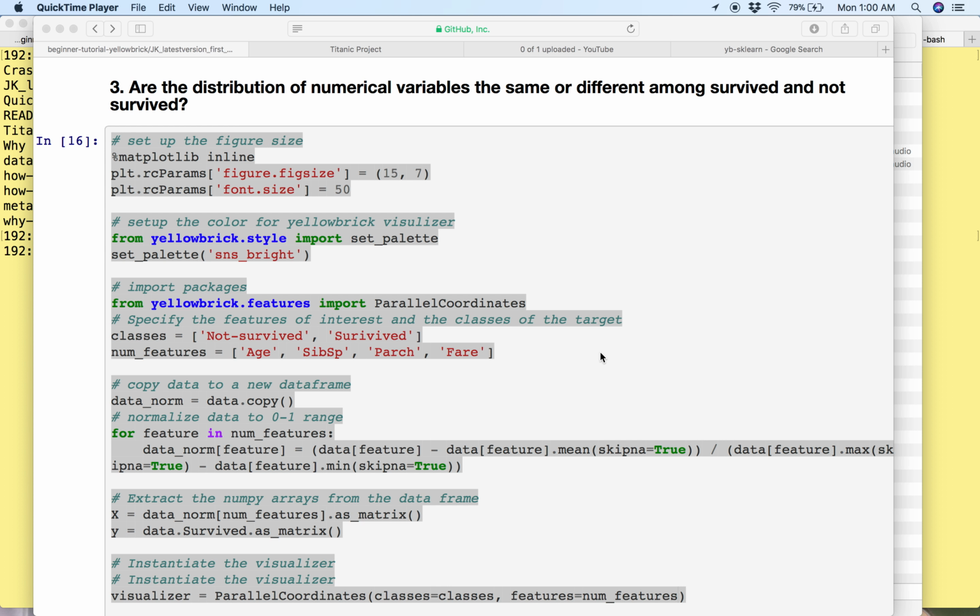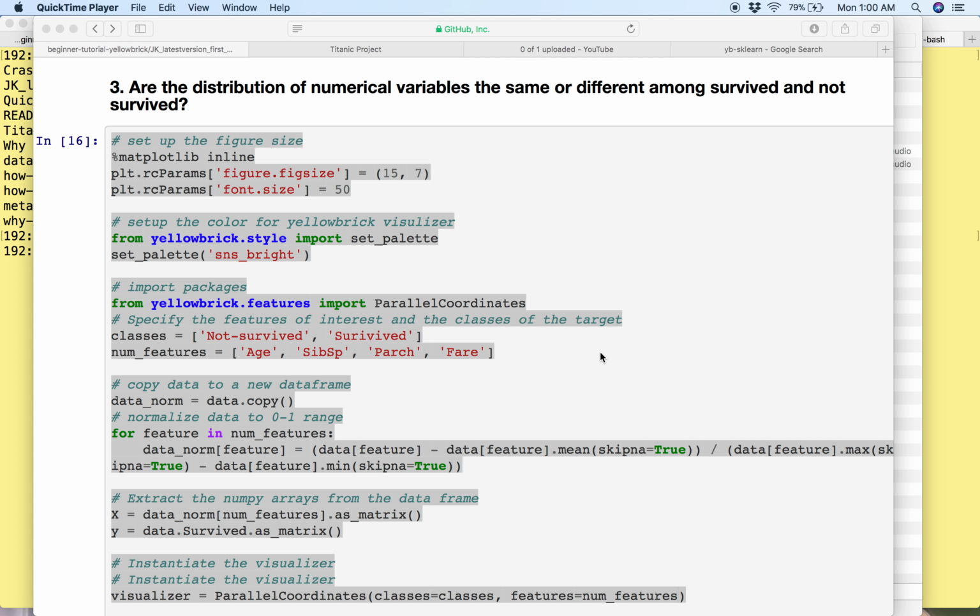Again, as we discussed before, the target is whether they lived or died. So this could potentially show us some very interesting results in terms of understanding the data and our EDA process. In order to accomplish this, we're going to use a very cool feature in yellowbrick called parallel